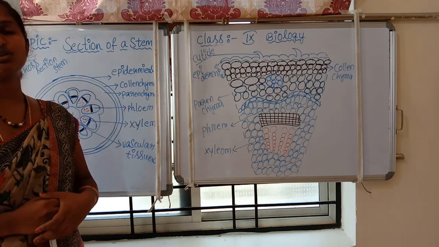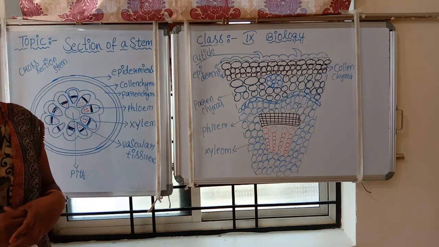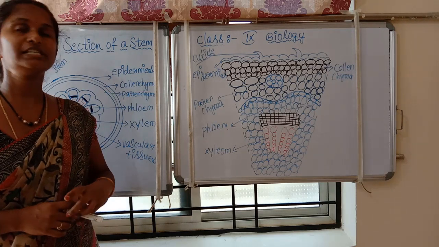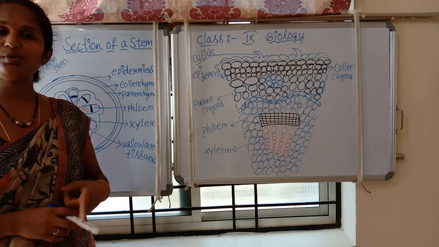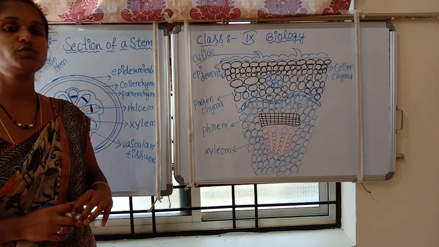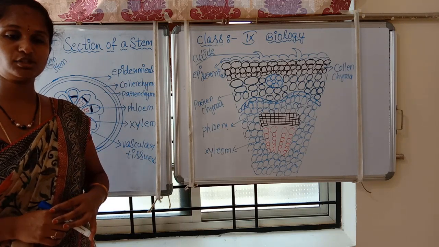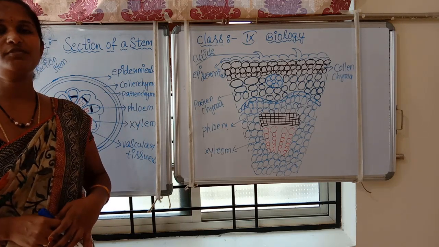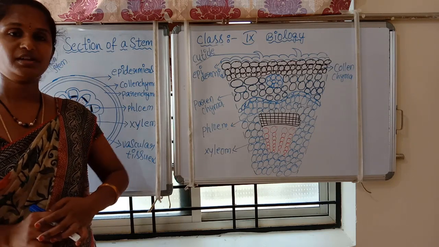Yes, children, today's session is going to be completed. We discussed that permanent tissue has two types, simple permanent tissue and complex permanent tissue. Tomorrow's session we will see about the simple permanent tissue. Today's session is completed, and you people be healthy, be hygienic and be safe. Thank you children.